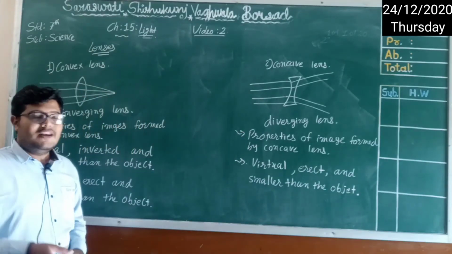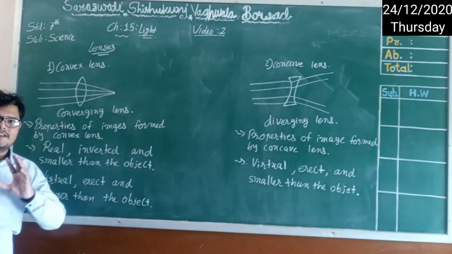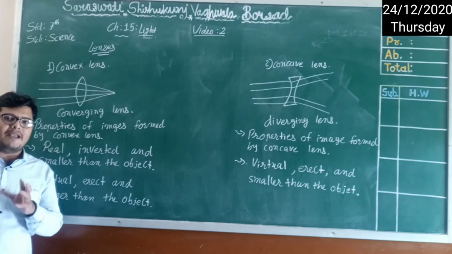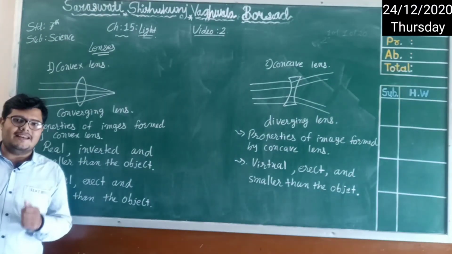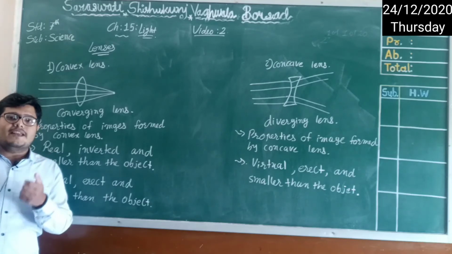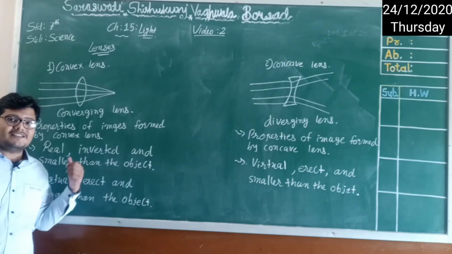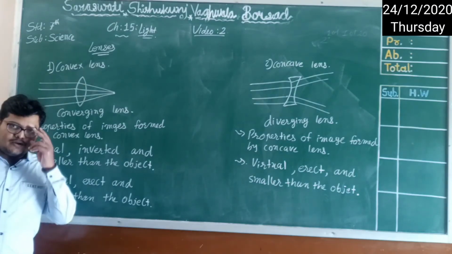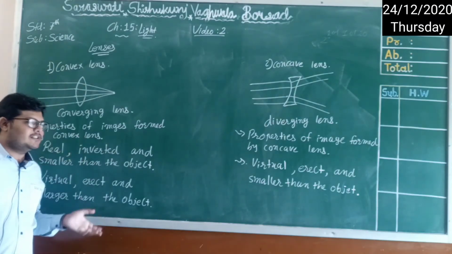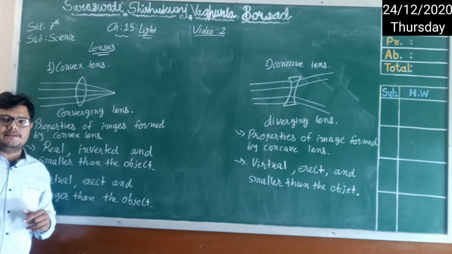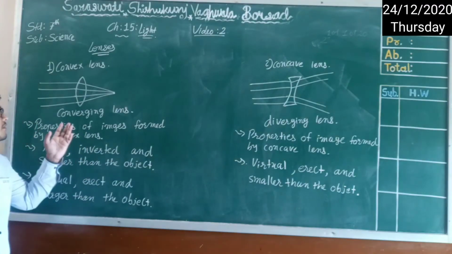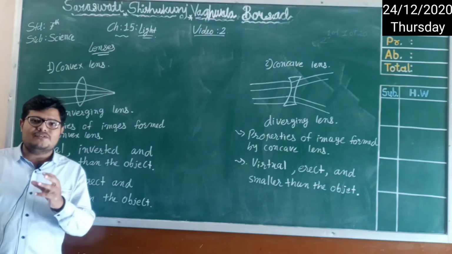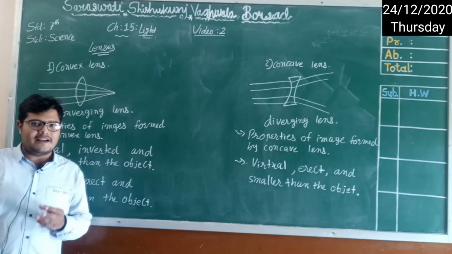Now here only the applications of the convex lens are given in your textbook. The convex lens is used as a magnifying glass, right? It is also used in telescopes, or we can say binoculars. Convex lens is also used as reading glasses or spectacles. So these are the applications of the convex lens. Now you have seen one activity in primary school, that whenever you focus the light rays on some particular object like paper or cotton, it will burn, right?